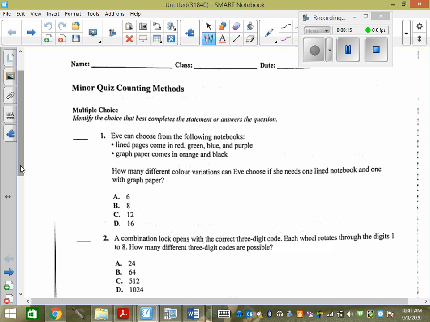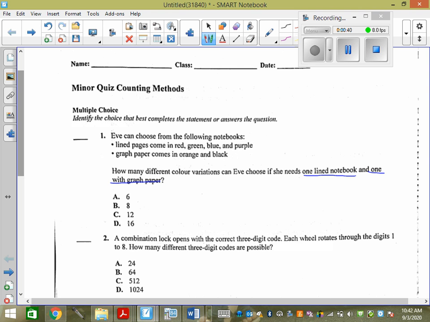Why can we use the fundamental counting principle? You're using it, but why can we? Because she's choosing 1 of each, right? Remember I told you if she chooses more than 1 of each, you won't be able to use this. So you have to keep that in mind because that will happen later, okay? So the reason why we can use the fundamental counting principle is she is choosing 1 lined notebook and 1 with